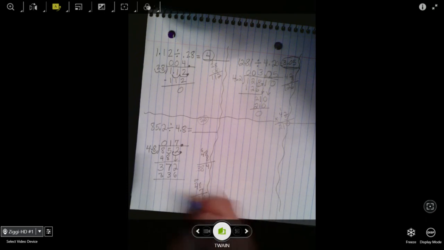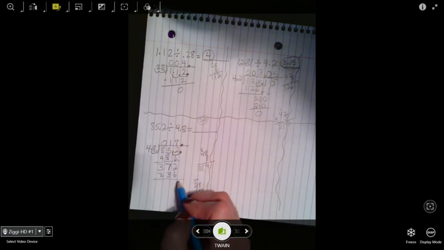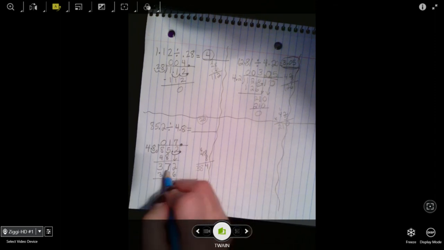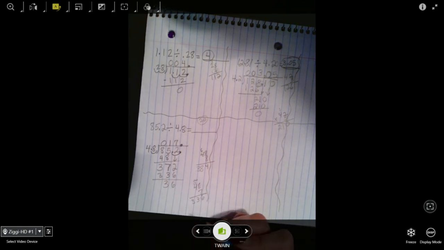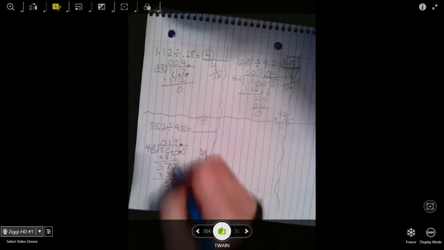And that was 7. So I already have the 7 up here. This is from the 2 that I brought down, which was 372. So now I'm going to subtract. Bottom number is bigger, so 12 minus 6 is 6. That makes that a 6 minus 3, and that's 3. 36 left. I need to annex a 0